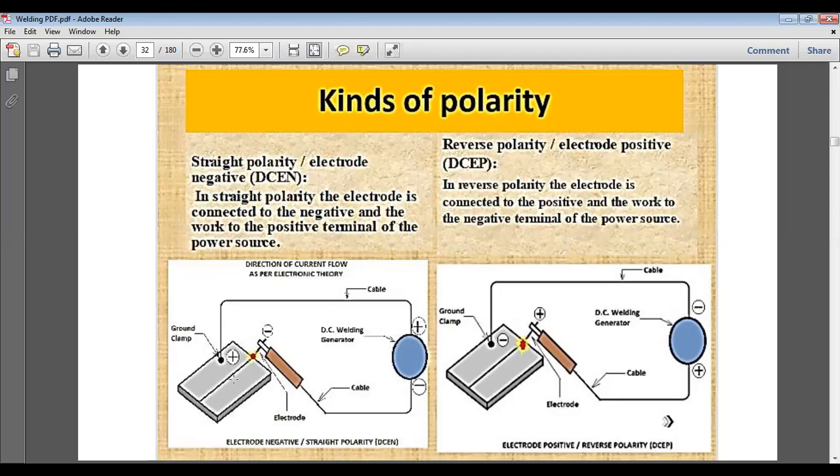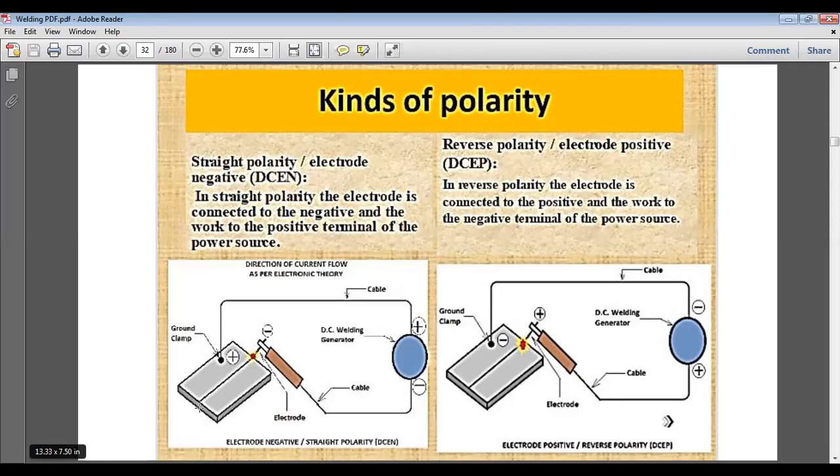So when the thickness of the job is less, or the metal has a low melting temperature, and we are using direct polarity, the job will melt easily and affect the whole part. It will expand to more regions, and rather than just the joint, the adjoining regions will be affected too.